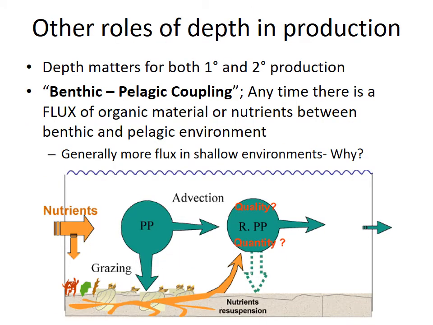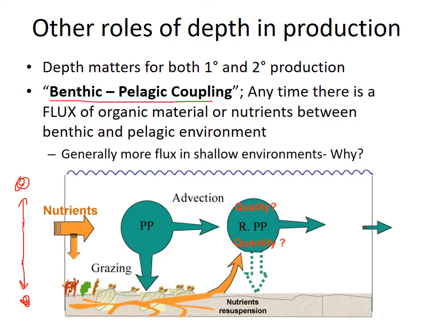So depth matters for primary production, as I just mentioned. Basically, you can't have plants growing on the bottom if the bottom is too deep and it's not getting any light. But the depth also affects the amount of secondary production that can happen on the bottom, secondary production being the production of animal life. One of the ways that things are connected between what's going on in the water column up here and what's going on in the bottom down here is, well, the term for the connections between what's happening on the bottom and what's happening on the surface is